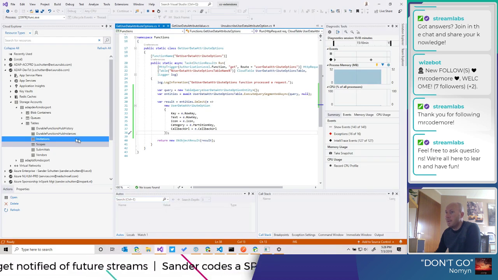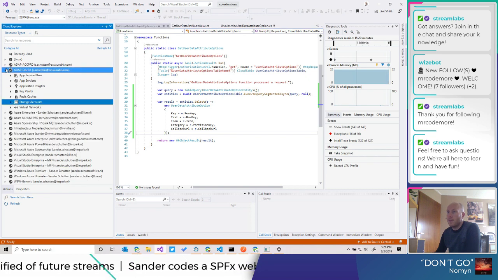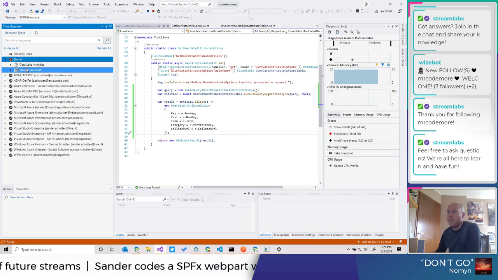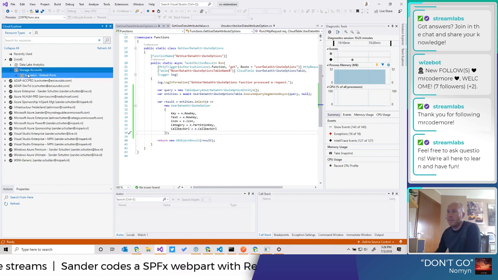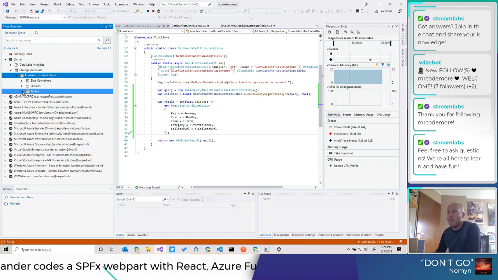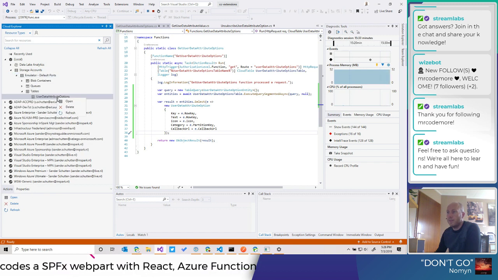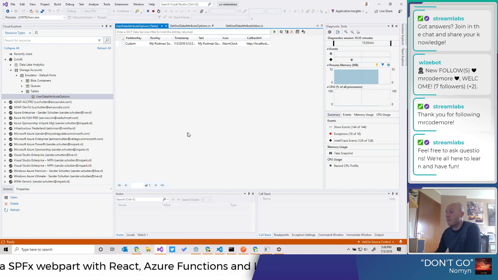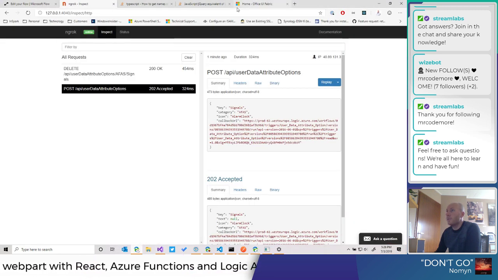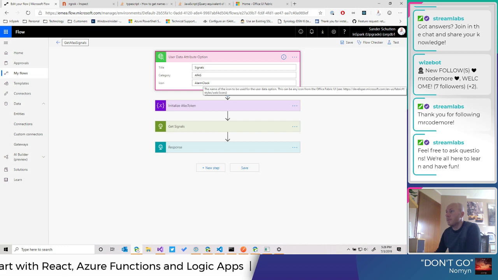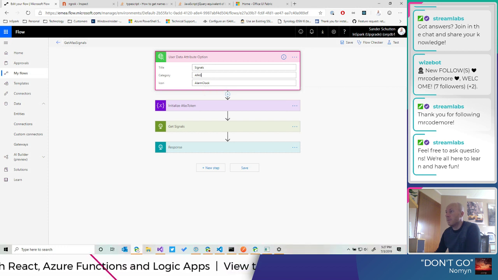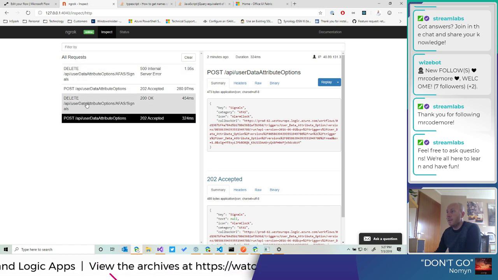Could it be there was some race condition, that the delete came in a little bit later? That would not be very helpful, would it? Let's try that again. Signals 2. Again, a delete and a post.